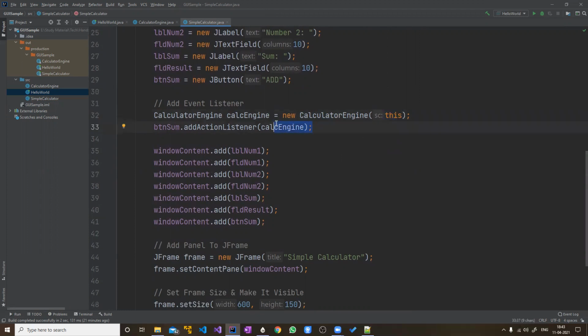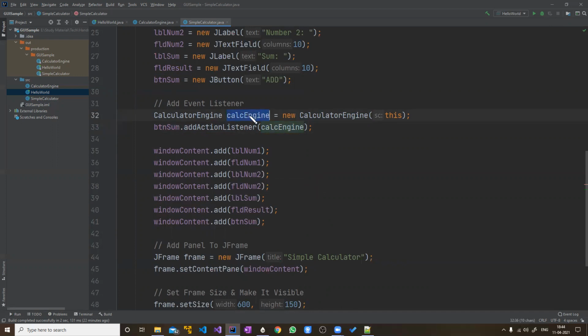And what have I done? I have created a calculator engine object. In that object, I have passed this entire object. And after that, for the button sum, I have set its action listener to this calculator engine. That means whenever this sum button is clicked, this calc engine object will take the responsibility of handling that event.